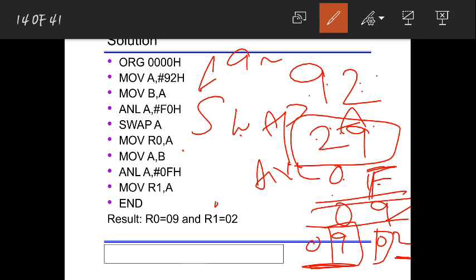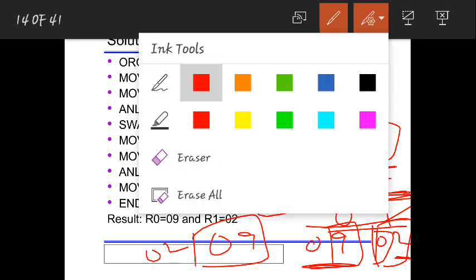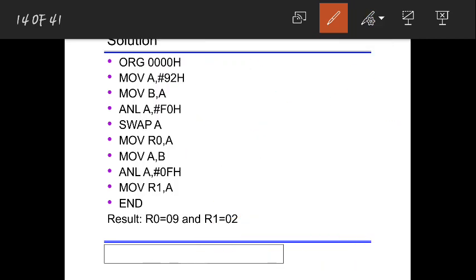After that, you just apply this 09, the masking. This is called masking. So that will become 09. So now you got 09 and 02. Store in each register. Whenever you convert to 02, you'll get it in the accumulator right after applying the operations. So once you get 02, you send it to R0, and once you get 09, you send it to R1. So that will be stored in the different registers.